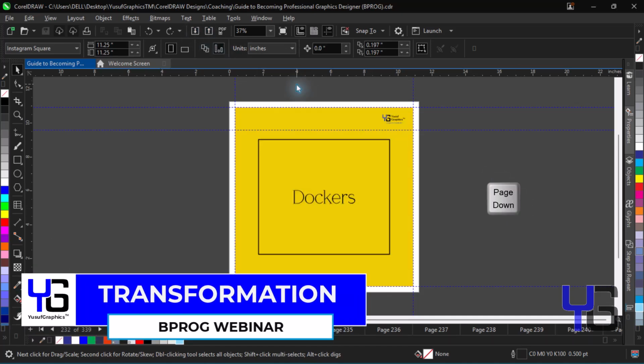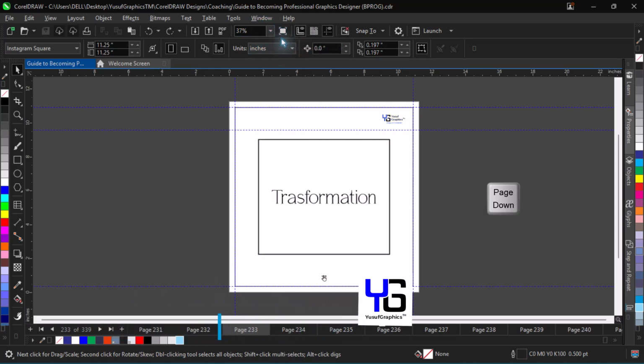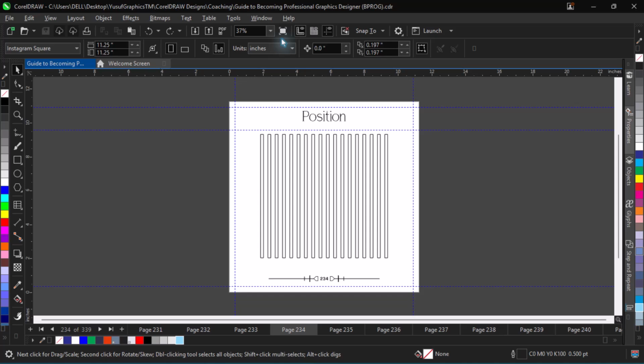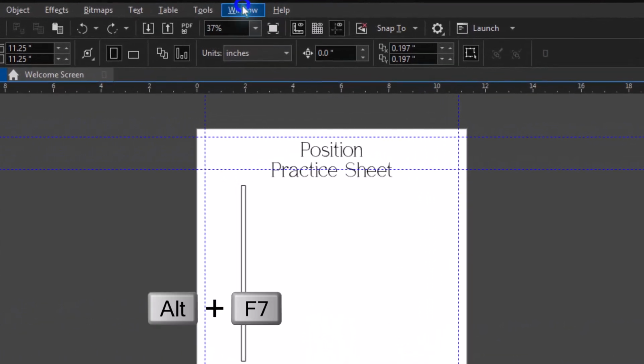Transformation. Come to the Windows menu. We're learning about another transformation, we learn about positioning, something like this. So let's start first. Into Windows,